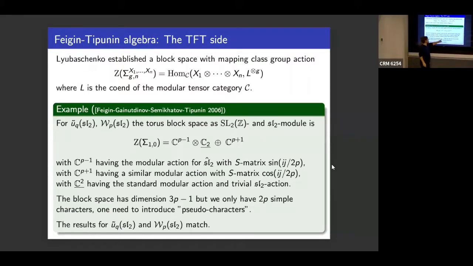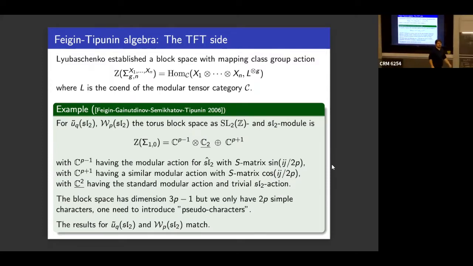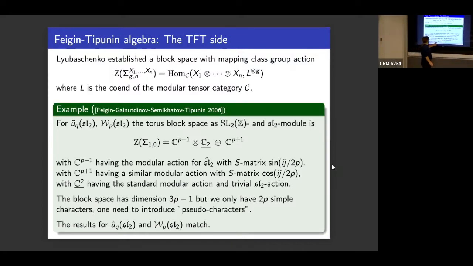But this is 3p minus 1 dimensional, and there are only 2p simple modules. So if you compute characters, you don't get everything. On the Hopf algebra side, it's the same. You have class functions, so somehow this would be the class functions on the Hopf algebra, but not all class functions come from characters of modules. This is a non-semi-simple feature, yeah? Yes, this is C2, this is C^(p minus 1). Dimension, exactly. Thanks, I have more typos on these slides than I usually have, I'm sorry. And they also check that the mapping class group actions in these two cases match.